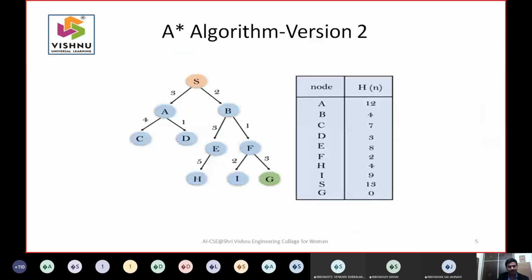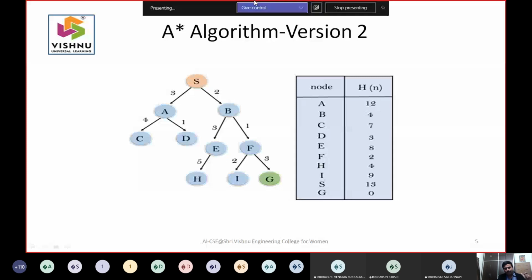Can somebody tell me when your A star algorithm will not work properly, or how do you assess the working or the efficiency of A star algorithm? When can A star algorithm do better? Can somebody give an insight?